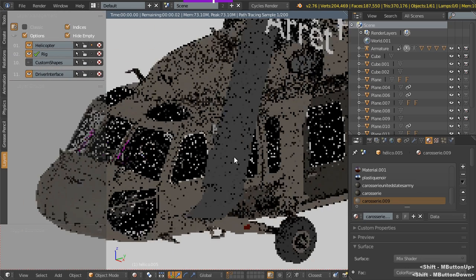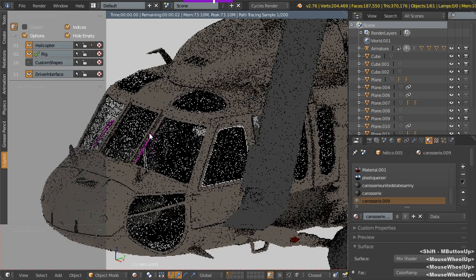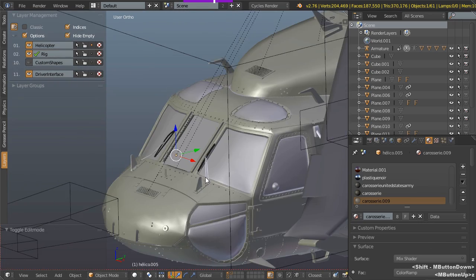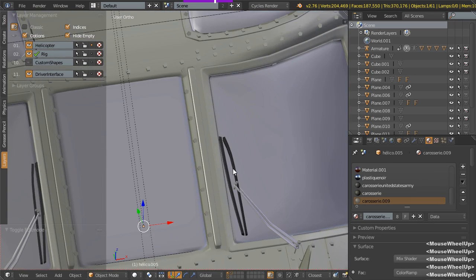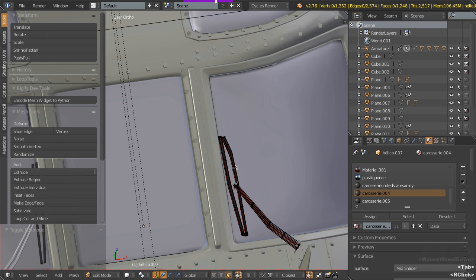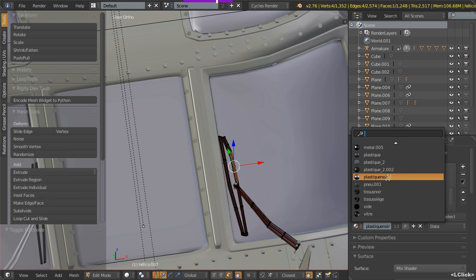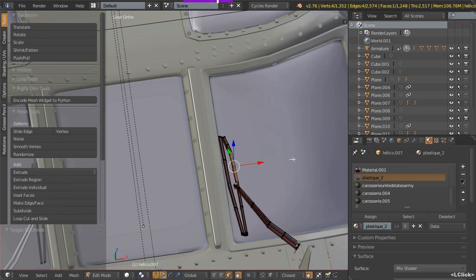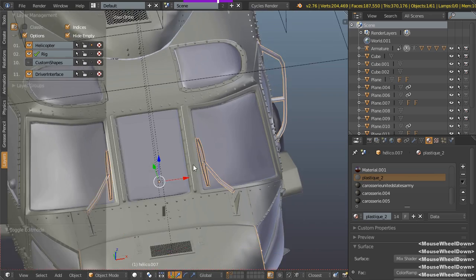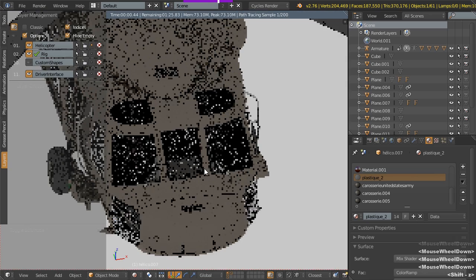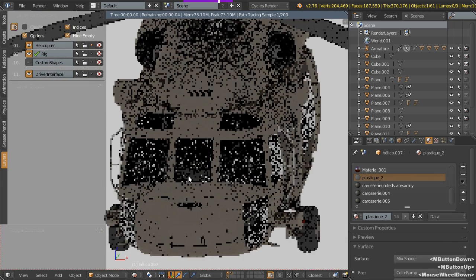The only other thing I'm really concerned about is the windscreen wipers. So let's take a look over to those, and we can see that if we select one of the faces by tabbing into edit mode, it's this. So let's find another one. Let's try this plastic 2, see if that makes any difference. So let's take a look at that, shift Z, and now as far as I can tell,